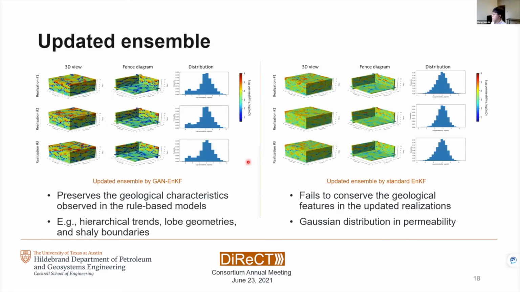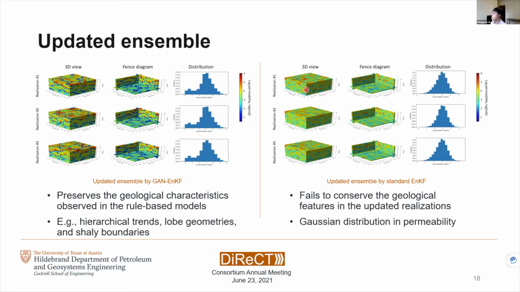And here are the results. On the left-hand side, we have the GAN Ensemble Kalman filter. On the right-hand side, the standard Ensemble Kalman filter. As we expected, the standard Ensemble Kalman filter ends up with this normal distribution, which removes pretty much all of the boundary of the lobe element.